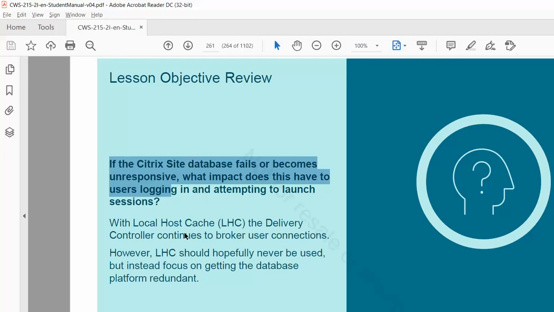Mahesh, I have one question. For troubleshooting, do we need knowledge of SQL? Not required. There is a lot of database connectivity here, and that is not our job actually. Even if you have SQL experience, the SQL team will not allow you to log into the server. Unnecessarily your time is wasted.